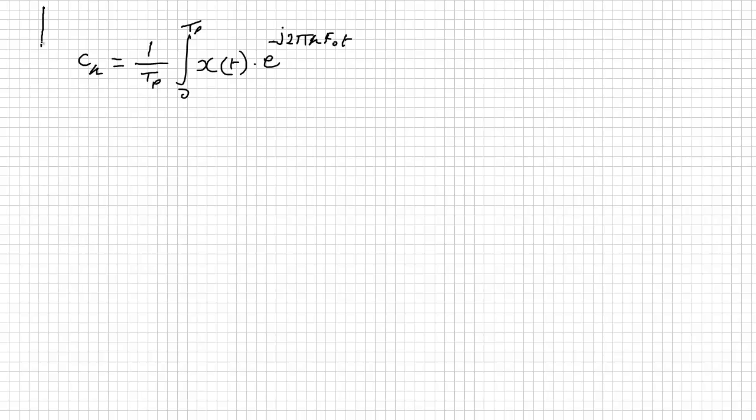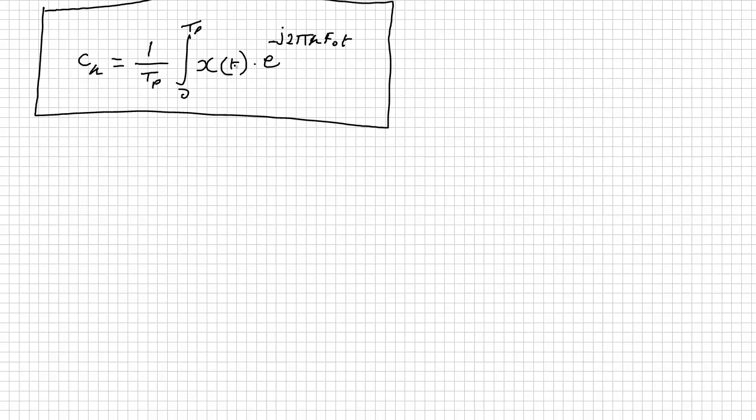So this allows us to take an analog signal and break it down into components, and those components are CKs. Because we are breaking a signal down, we are analyzing it, this equation is known as the analysis equation